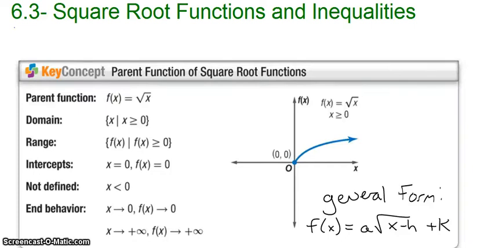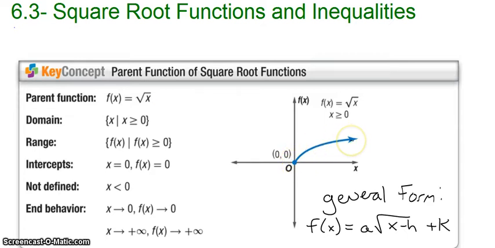Hello everyone. So 6.3 introduces a new type of graph which is associated with our square root function. So we have our general parent function here. Since it's a square root function, we do see that it has a square root in it, so it makes sense. Our domain, well, if you think about what kind of numbers you can take square roots of and actually get numbers of, we can take the square root of 0 and get 0, and then we can take the square root of any positive number. Negative numbers were not defined, we're not graphing imaginary,